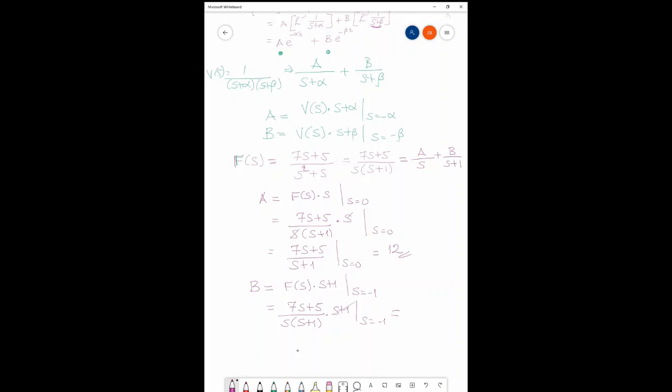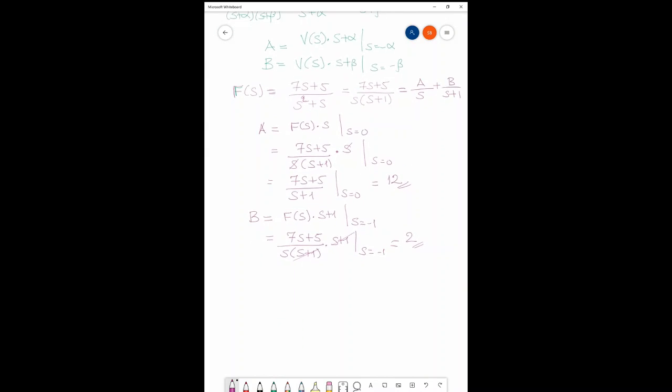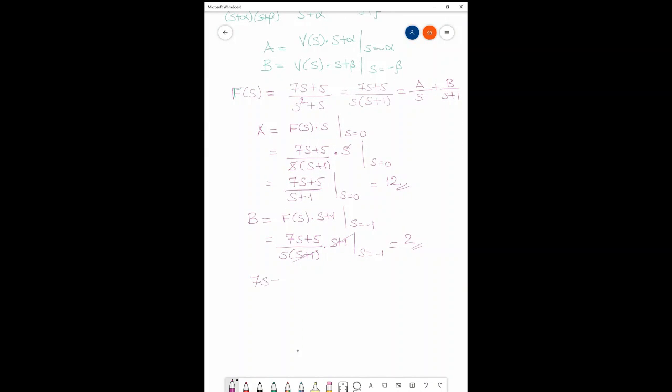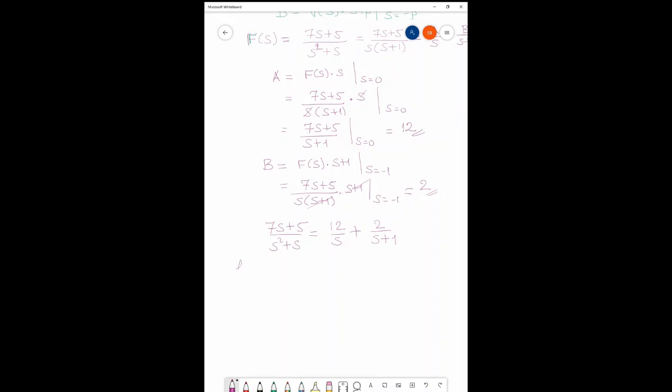That would cancel, and when s is minus 1, you will have here minus 7 plus 5, which is minus 2, and we have here minus 1, so B would be equal to 2, which means 7s plus 5 over s squared plus s can be decomposed into 5 over s plus 2 over s plus 1,